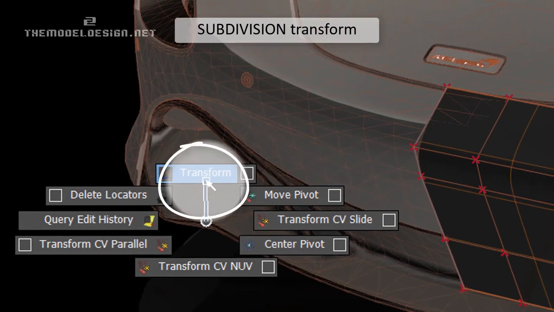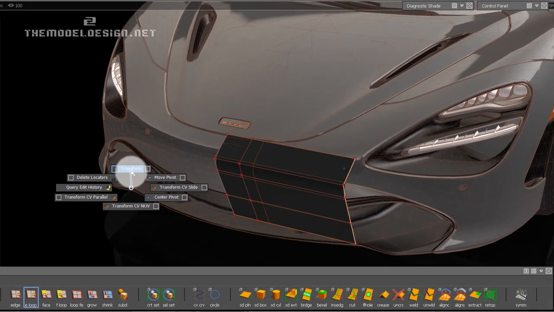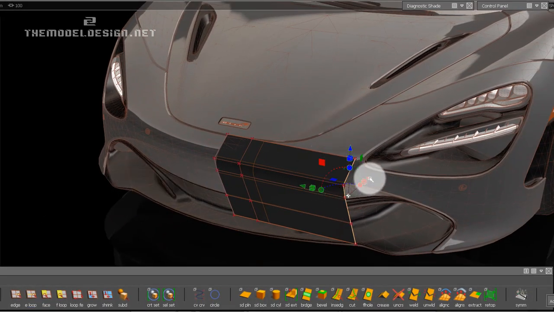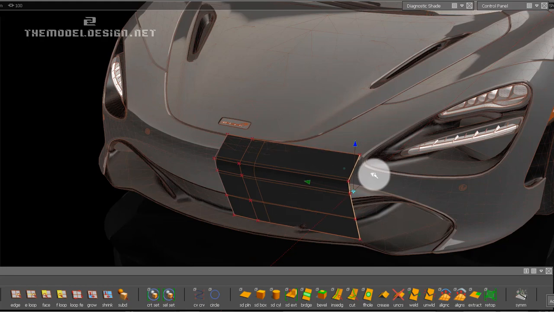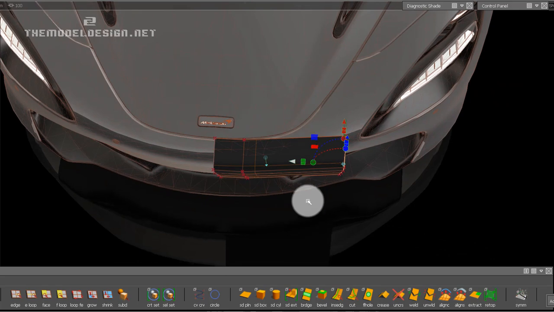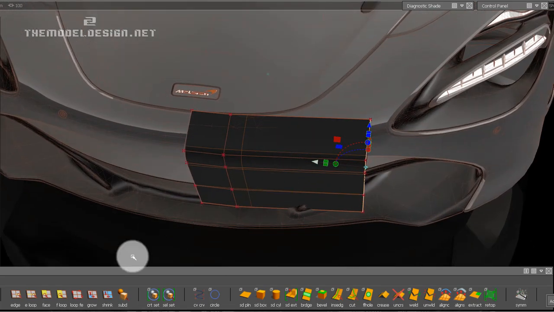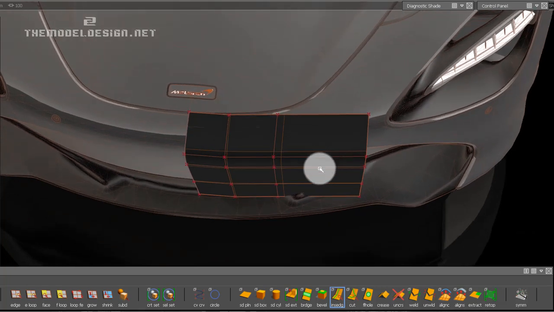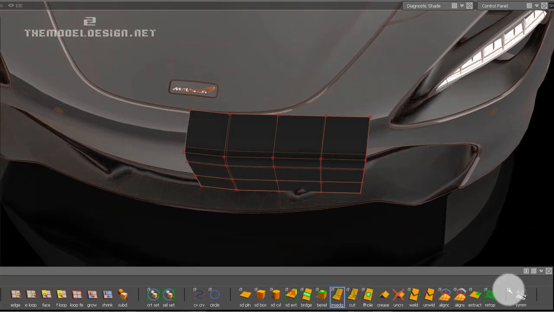We can use the new subdivision tool called transform. Basically you have this manipulator popping up. You can do with this anything you want. You can scale, you can rotate, you can move it. I'm adding more holes because I know I need a more complicated shape, and I grab an edge loop and I'm trying to sculpt something nice,